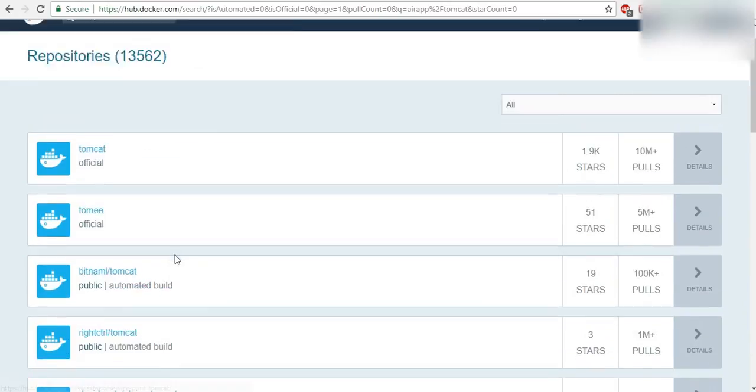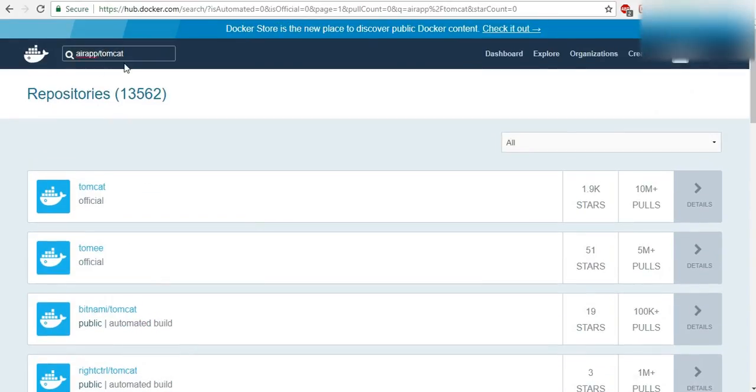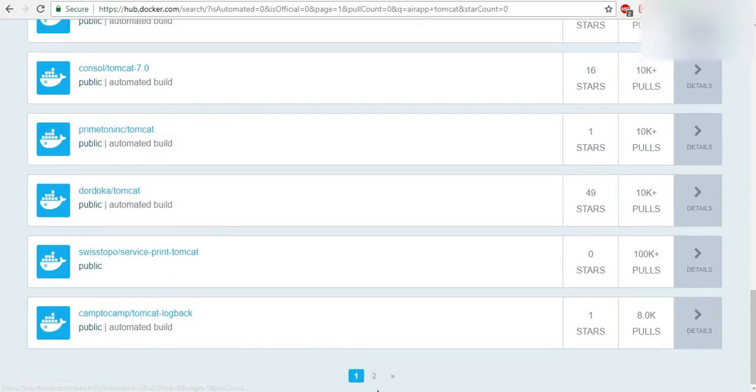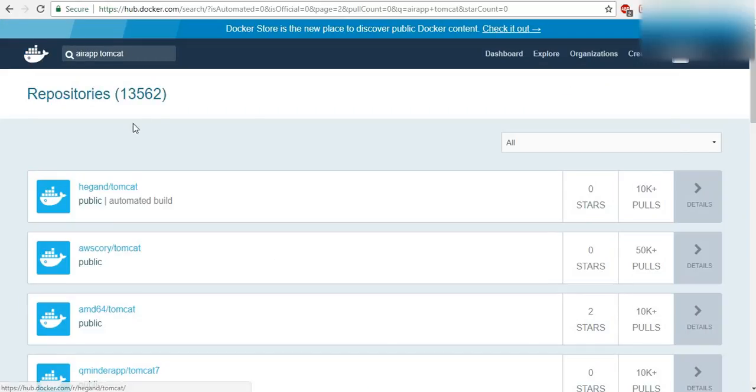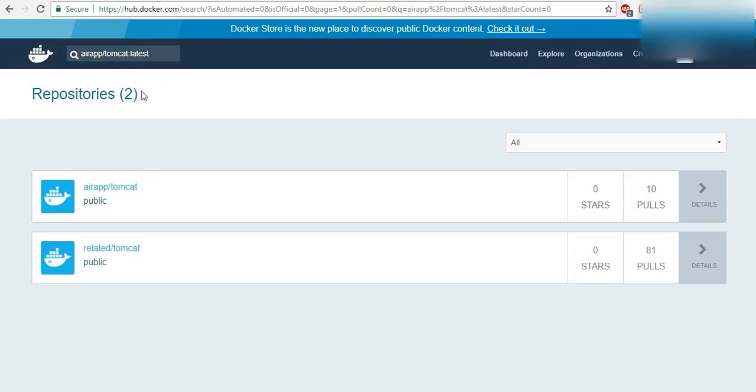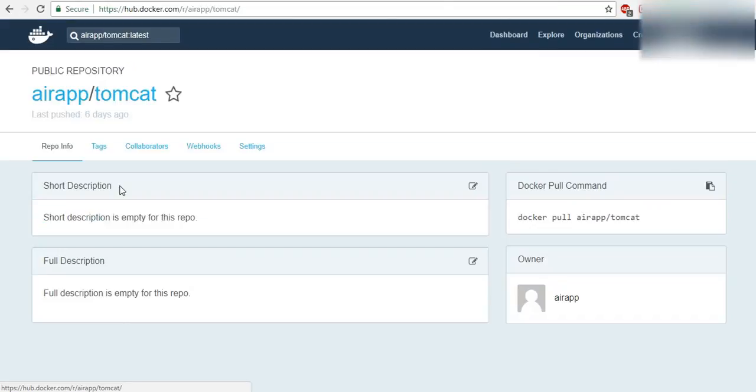I will see that later. Let's just go into the AirApp. It will be somewhere, but it is there. Then you have to look for it, because there are going to be a lot of Tomcat images there, almost 13,562. I don't know why it's not able to pinpoint mine. That is because I have not given it the version. Latest. Yes. So the first one is my image basically, and there is something else related. This is what I have created. So you can also use my image.